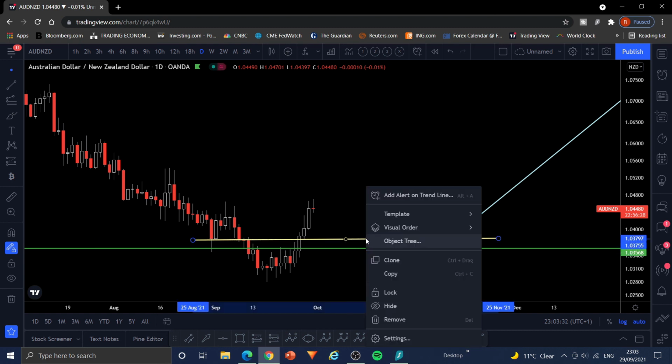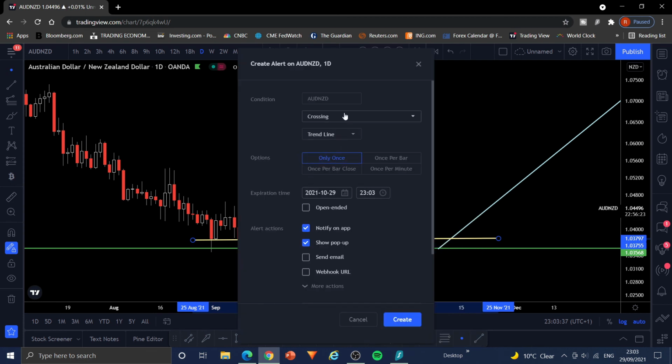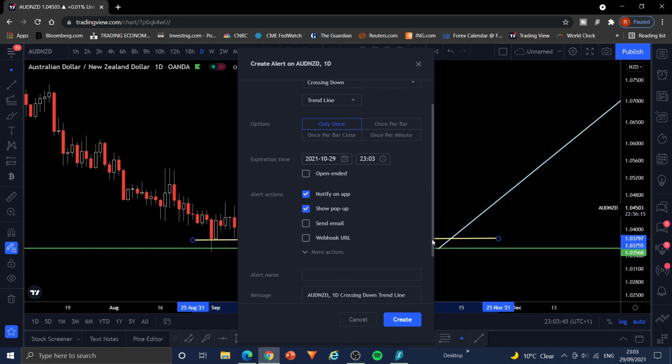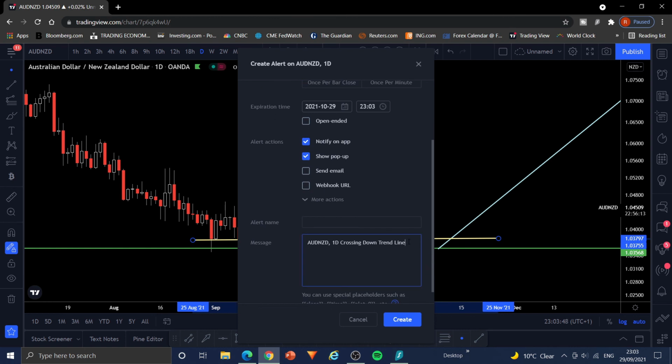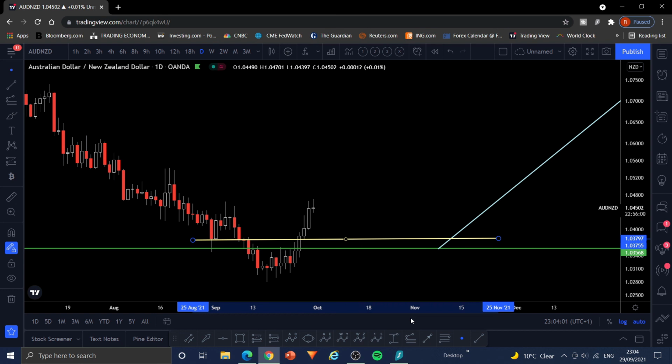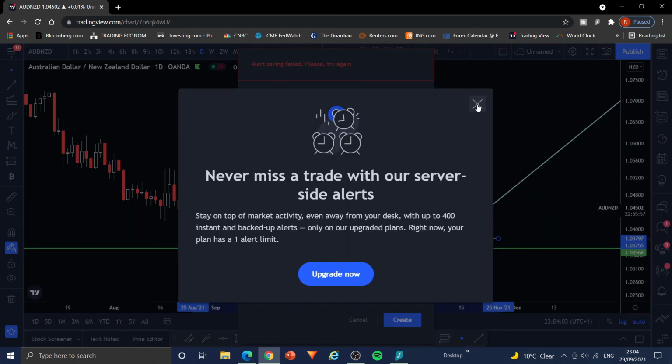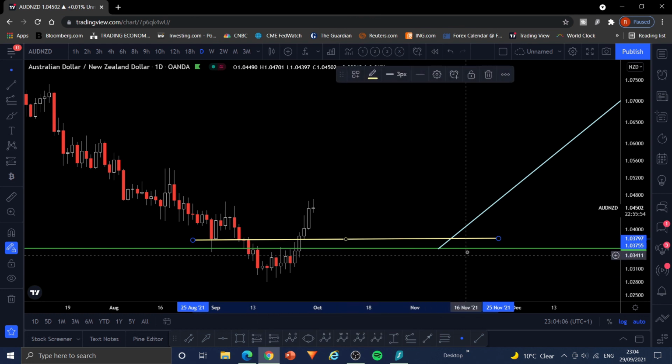In fact, I'll tell you what I'll do, and this is what I love about TradingView. You can set alerts all over the place. So if price crosses down through that line, and I'll keep a close eye on this pair, if price crosses down through that line, I'm going to look for a pattern to get long. Now the pattern is not necessarily just price action. When I talk about a pattern, the fundamentals are also part of my pattern. So that's what I'm going to be looking for as well.